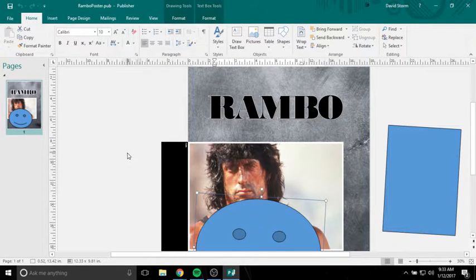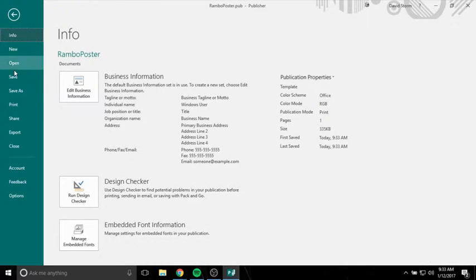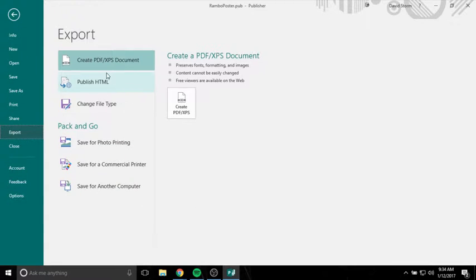To actually publish your document, you need to go back to File and go to Export. Export will allow you to publish your document as a PDF or an XPS document. We're going to mainly deal with PDF in this class. You can also save it as a JPEG if that's what you're looking for, but PDFs are perfect for what we're looking for. So all I have to do is click Create PDF,